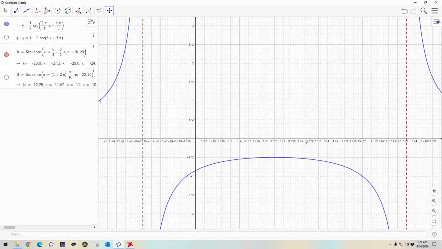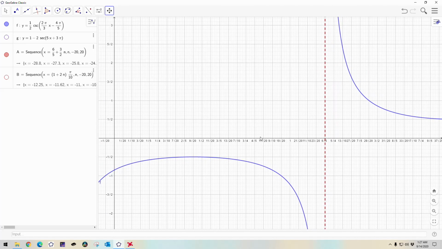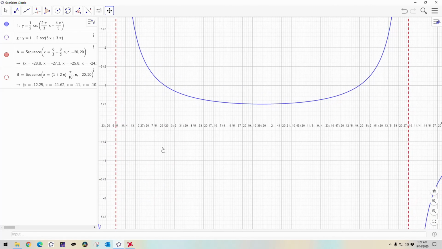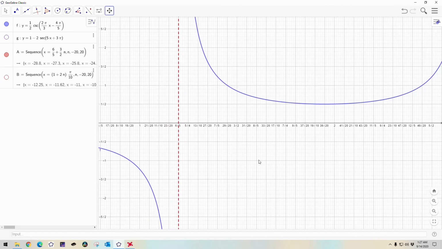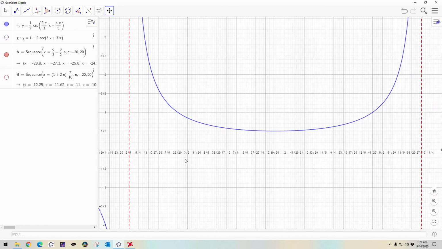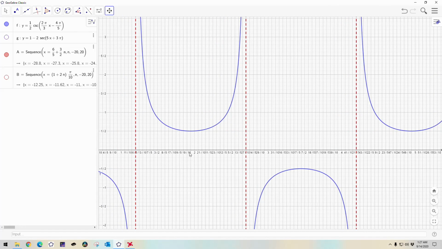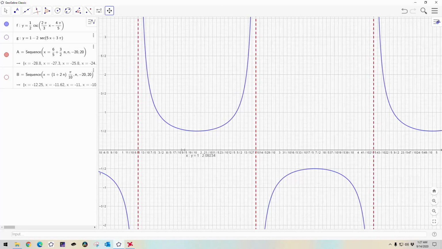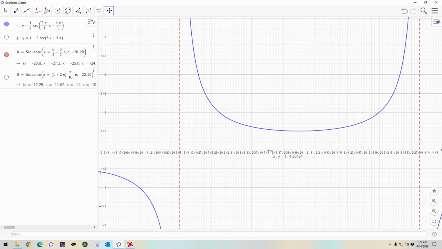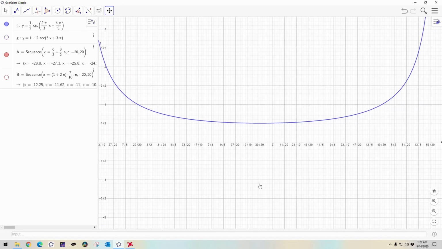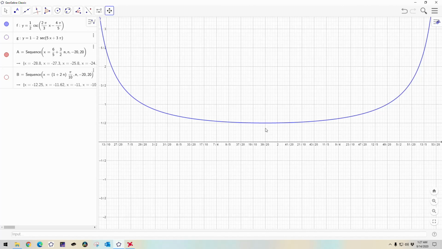Alright, so that you can see the asymptotes are in the correct spot here. Right, you can see this asymptote is at 6/5, and this asymptote is at the 27/10, which is the same thing as 54/20, and so on and so on. You can see that the peaks here, let me go ahead and squish it in a bit. You can see the peak here is definitely at the same value there. I need to stretch it out a good bit though, so that you can see the 39/20 here,